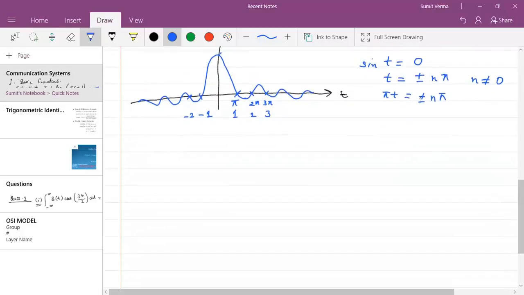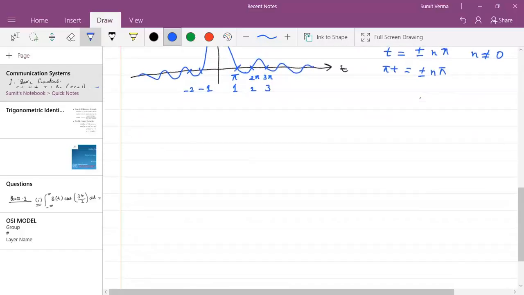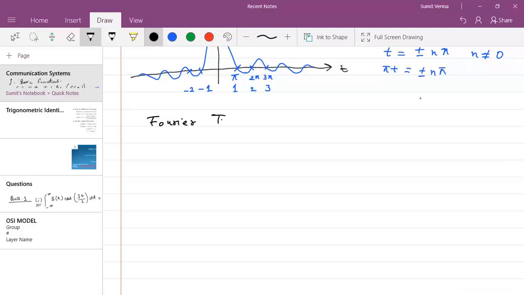So now let's move ahead to the second part, which is Fourier transform. As we know, in communication we will be dealing with the frequency domain more than the time domain. So Fourier transform becomes a necessary tool to understand that. Fourier transform gives you the transformation from the time domain to the frequency domain. So it could be omega or f. These definitions will slightly differ depending on how you use it in the omega domain or f domain, but the concept